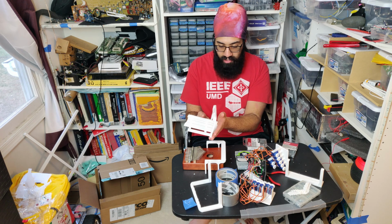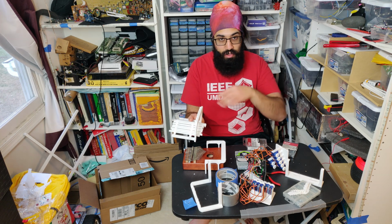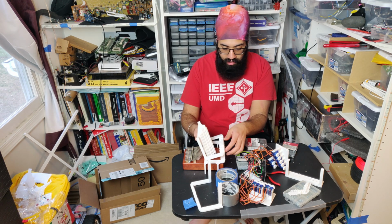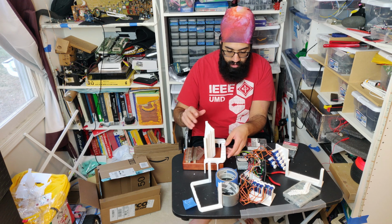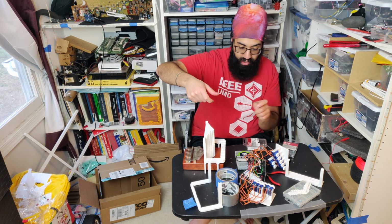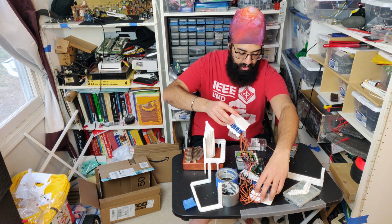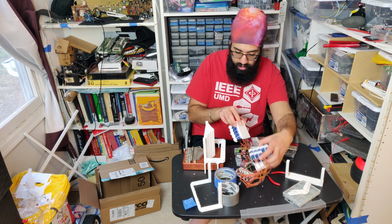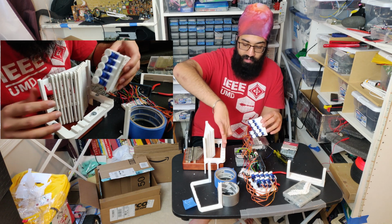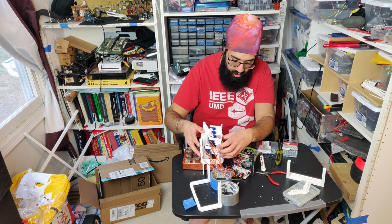Then we have our main frame right here, which holds our set of 15 racks, or I guess gear linear actuator racks, that match with our pinions or our gears right here. So this thing goes on top of the stand, or the legs, and then there's 3 screw holes for them to screw in. Then we have our 2 sets of gears. So you can see there's one here and one here, and I'll probably do a close-up of this. You can see that there's mounting holes on the frame itself for these to fit into, something like that. And this one would also mount here,